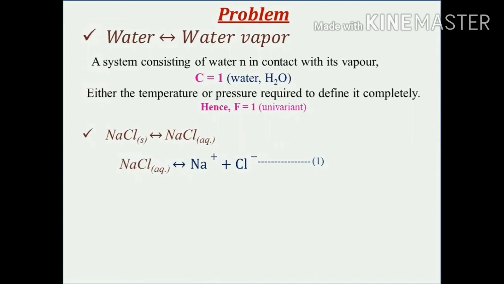Okay, so the first equation that we can write over here, since NaCl is present in the aqueous state, right? That means the dissociation of NaCl can be possible. So one of the equations here that can be written is for NaCl in the aqueous state. It is in the aqueous state for which only this equation can be written, and the same equation cannot be said for the solid state of NaCl. So NaCl aqueous gets dissociated into Na+ and Cl-. So this is one of the possible equations that can represent a part of the system.